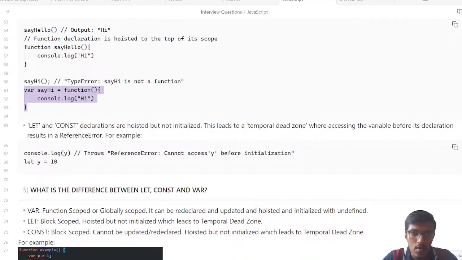Now let and const declarations are hoisted but not initialized. This leads to a temporal dead zone where accessing the variable before its declaration results in a reference error. For example, let and const are hoisted but not initialized. This leads to a temporal dead zone where accessing a variable before a declaration results in a reference error. For example,